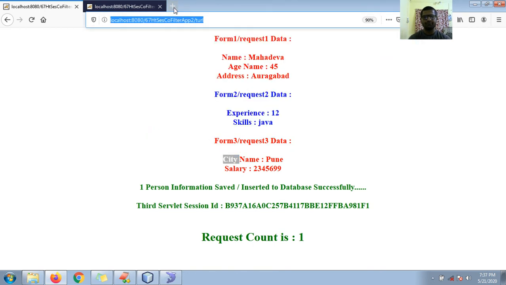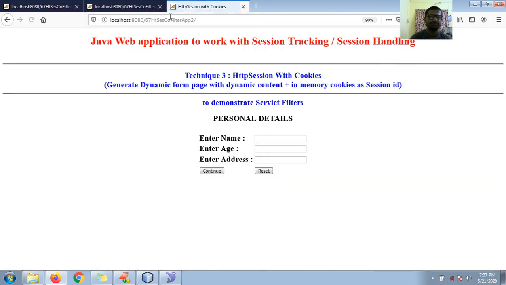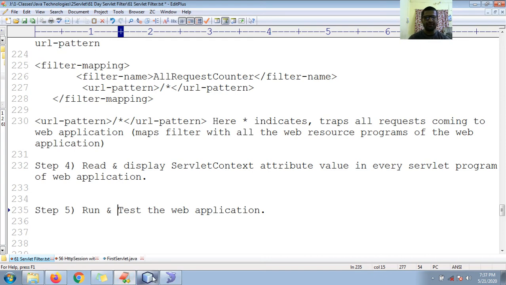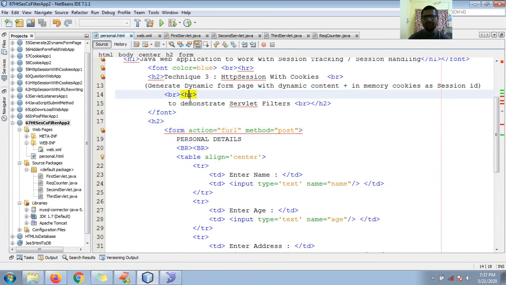So to demonstrate servlet filters, actually, the request counter I need to mention here on my personal.html. Where is my personal.html? Here is my personal.html.